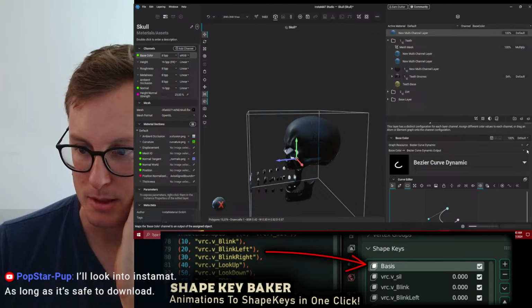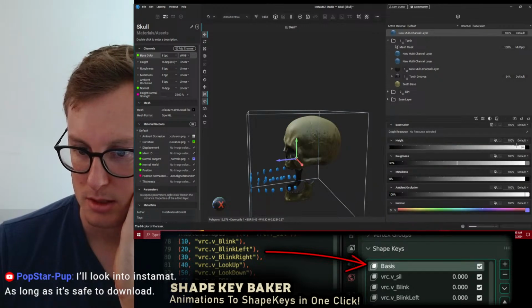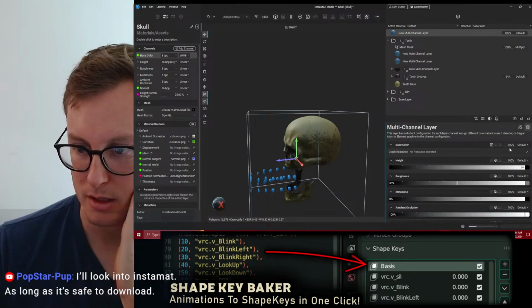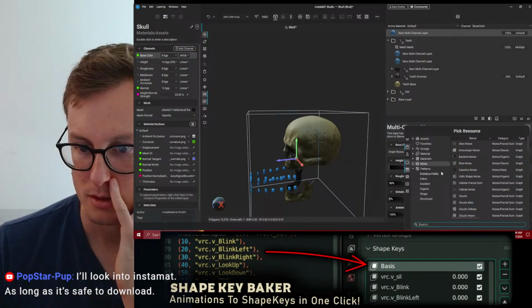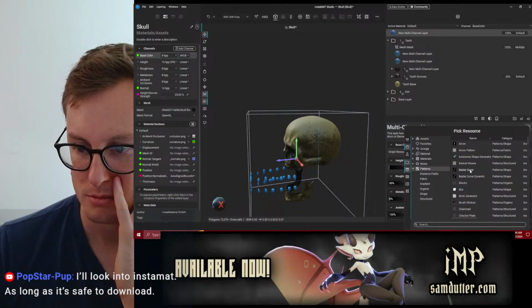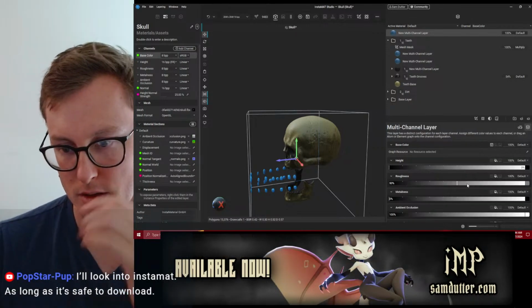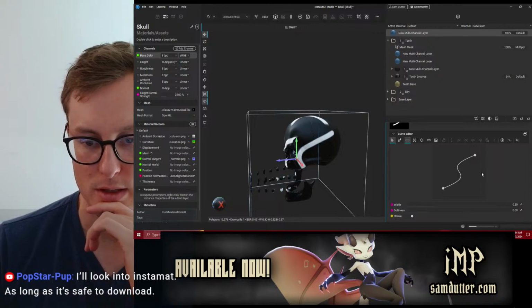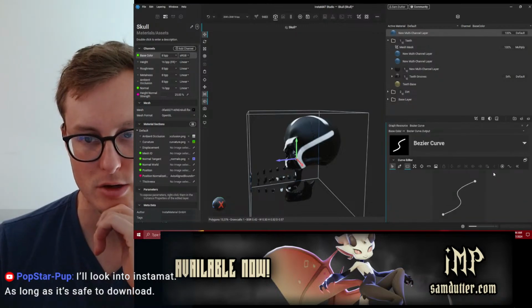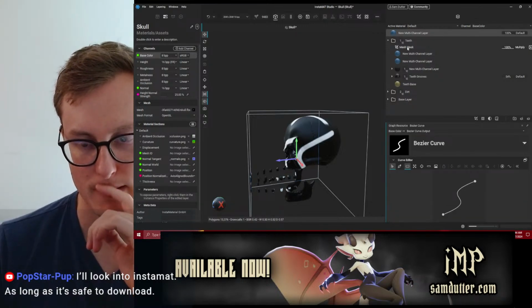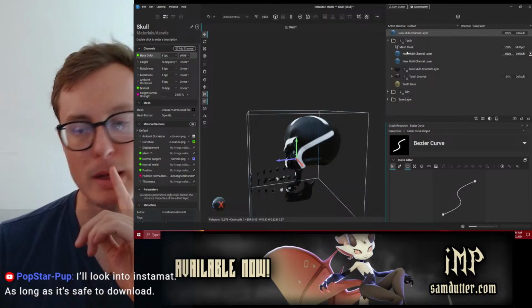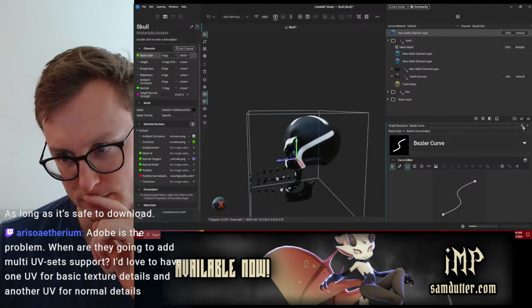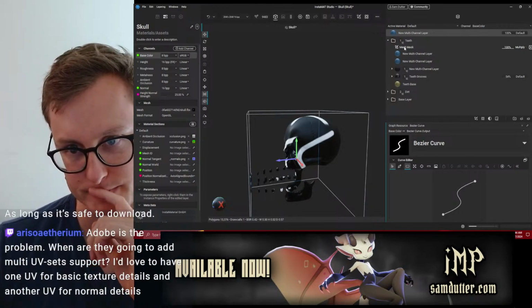Bezier curve dynamic. How about Bezier curve the other one? Patterns. Bezier curve. Interesting that I can only do it in here. I did not get this editor when I was doing this on the mask. Maybe I had to do a different method.